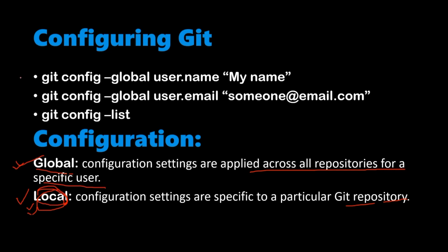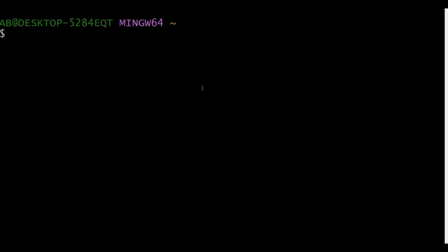I have a total of 3 commands here: 1, 2 and 3. These 3 commands will be used to configure our Git. First of all, we have to open our Git Bash. Here I have opened my Git Bash, and now it's time to configure Git. First of all, we write the first command. This is git config --global